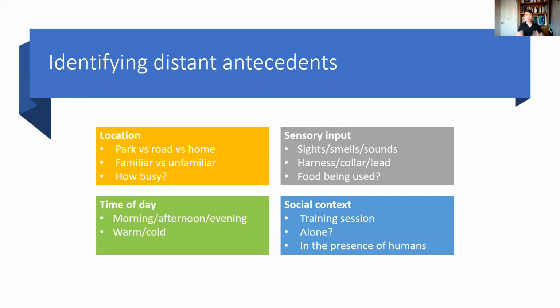Also consider what the dog is feeling from a tactile perspective: whether the dog's on a harness, a collar, or a lead. Dogs are often more reactive when they're on a lead. Some dogs are also more reactive on a collar as opposed to a harness. The reason for that is that when a dog's on a harness, they're better able to use their body language to let other dogs know they're okay. They're better able to turn their head away from another dog, which is a great way to let other dogs know that they're no threat.